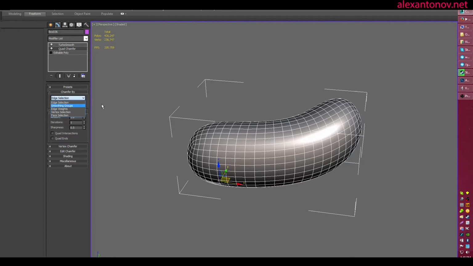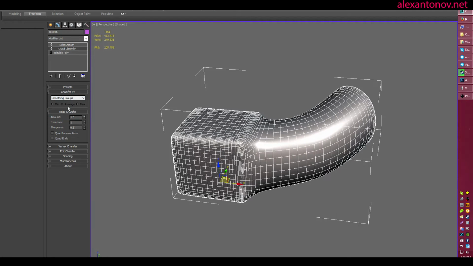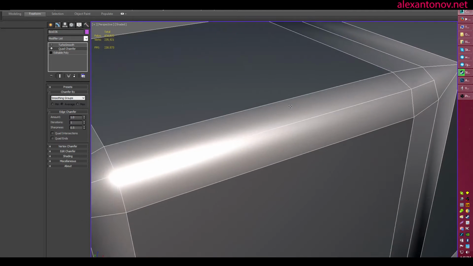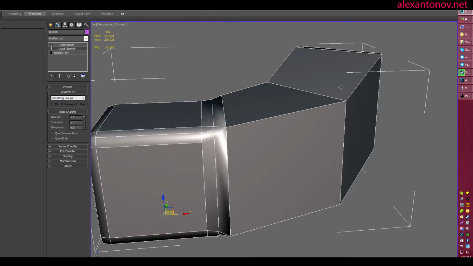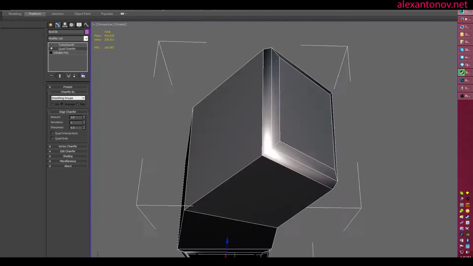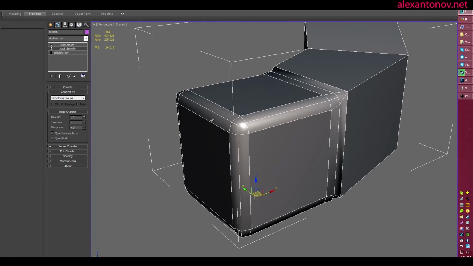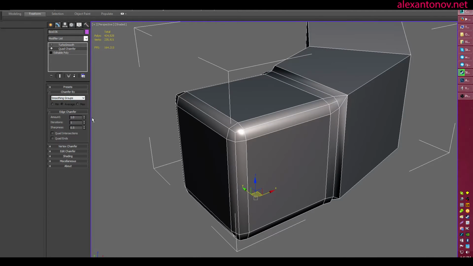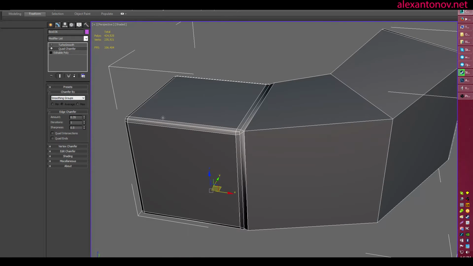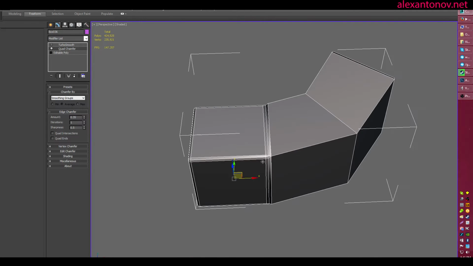I won't go into details. Well, actually, it is really simple. You either select edges or you use smoothing groups, which basically reads how your smoothing groups are set up on the mesh, and if on the edges of 2 smoothing groups, it creates a loop. This is how it looks. You can see these faces were extruded, that's why they don't have any smoothing groups. Probably just this one has because it was here. And these have, so on the edges you create those chamfers, which are quad chamfers, as you can see here,